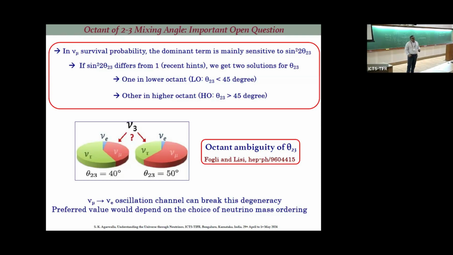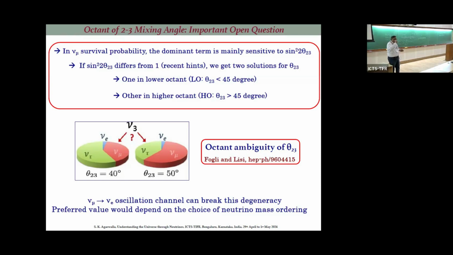At present, I must say theta 2,3 oscillates. Every now and then, every three months, six months, when we have new results and we fit, it goes from lower octant to higher octant. So it depends on which data set you are using, who is fitting the data, and when you are fitting the data. This value of theta 2,3 is very unstable. That's why I say it oscillates between 40 degrees and 50 degrees. That is the rough picture. They can be anywhere. I don't have a preferred value. I know their ranges, but they can be anywhere.